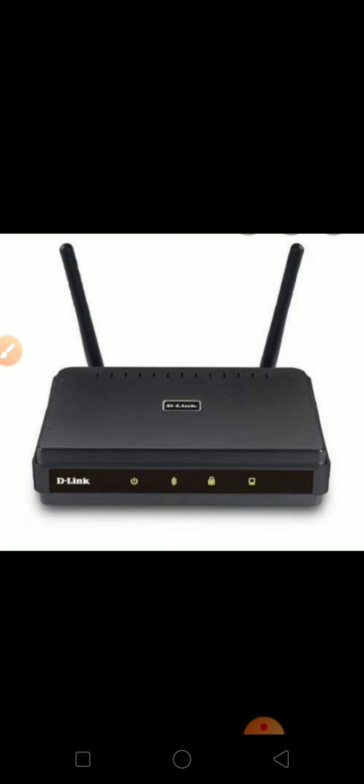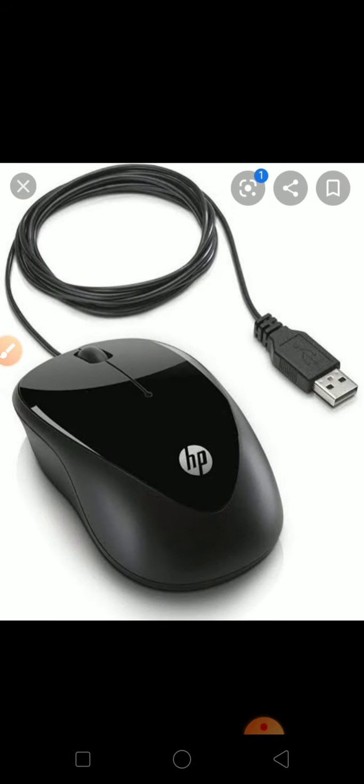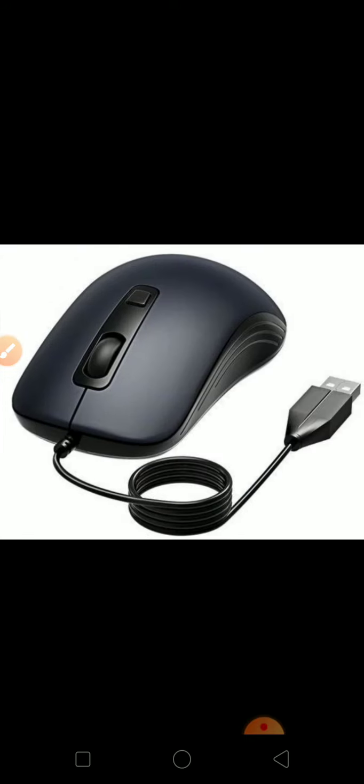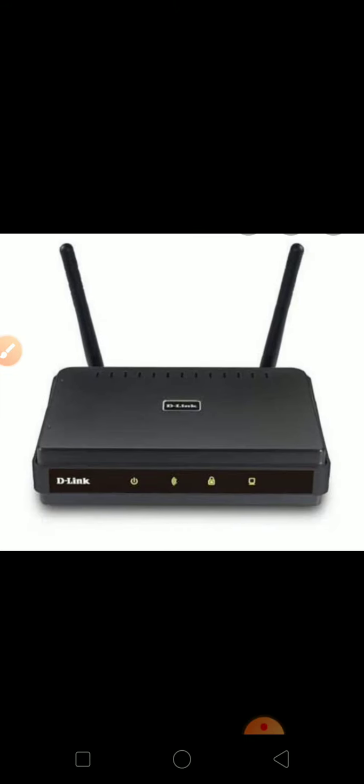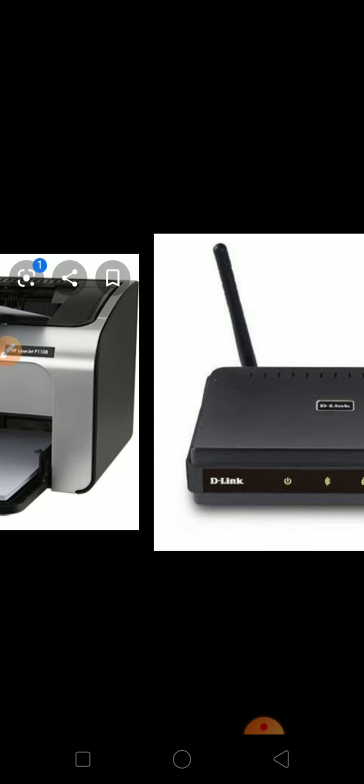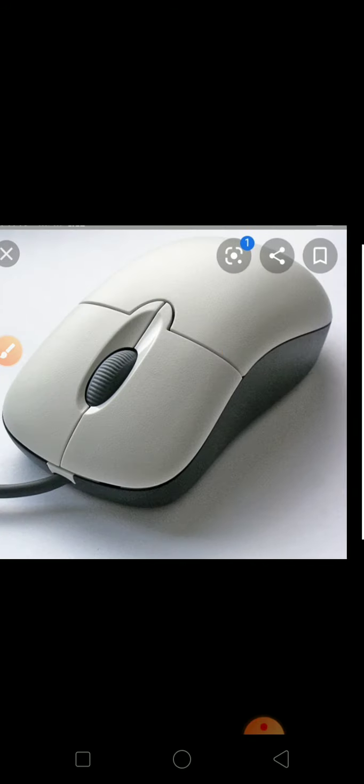Okay children, hope all of you have understood about our three other hardware parts. What we have learned about our mouse, then our printer, and last we have learnt about our modem. Okay children, and which is the left button of our mouse?